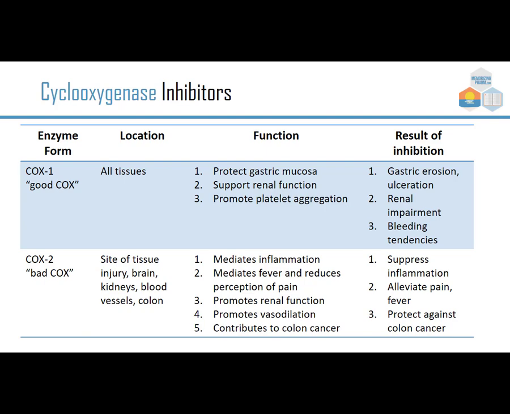and bleeding tendencies. COX-2 is the bad COX, and it's the site of tissue injury, brain, kidneys, blood vessels, colon, and it mediates inflammation, mediates fever, and reduces perception of pain, promotes renal function, promotes vasodilation, but it also contributes to colon cancer. So if we inhibit this one, we're going to suppress inflammation, alleviate pain and fever, and protect